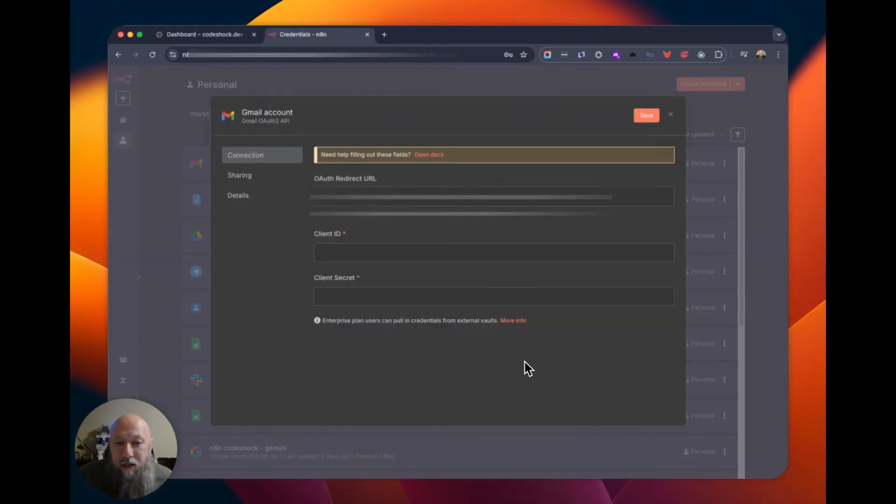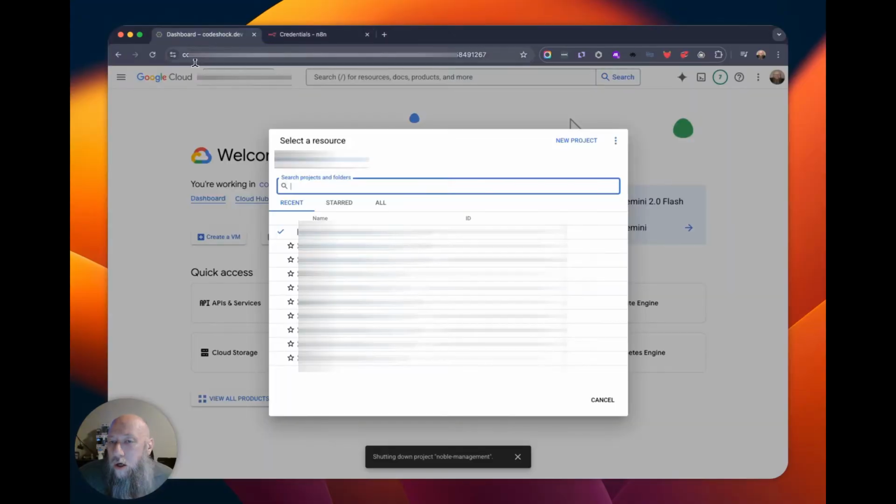Go ahead and continue. Come up here and name it something if you need to. Because this is demo, I'm just going to put demo on there because I will be deleting this one shortly. What we need to do is set up the redirect, which is here. Add the client secret, the client ID and the secret. To do that, we need to go to